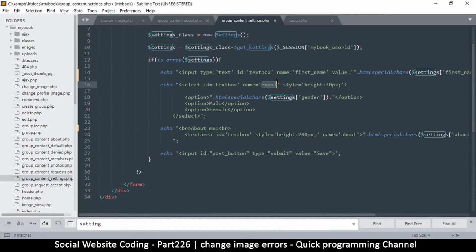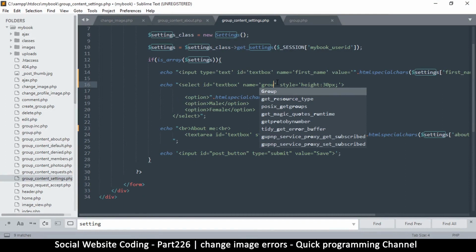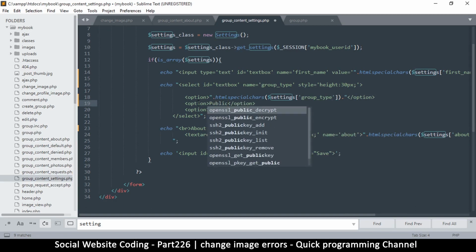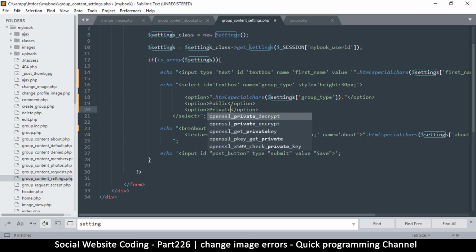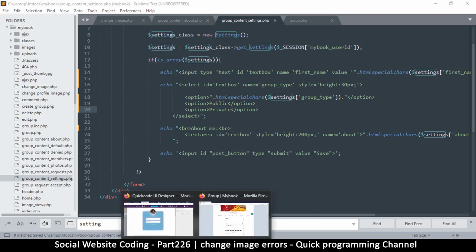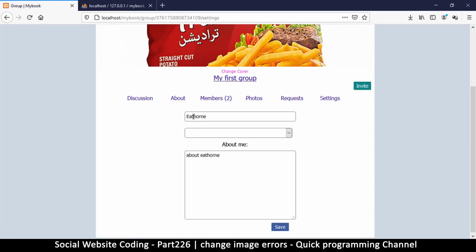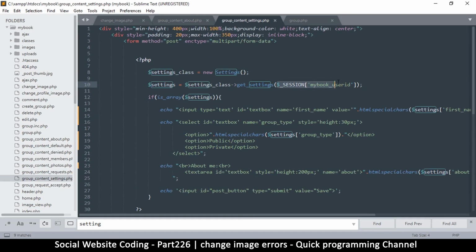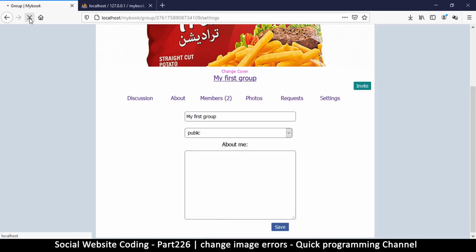We'll leave this one, and instead of email, it's going to be group type. All right, so group type, what else? First one will be group type. And then here we just put public and private. Yeah, looks like this is it. So refresh, and there we go. Now we are obviously getting the wrong data here, and that's a slight misunderstanding with the user ID we are deciding to use here. So I'm going to do that and change this to group data, and that should sort our problem out, like so. Okay,